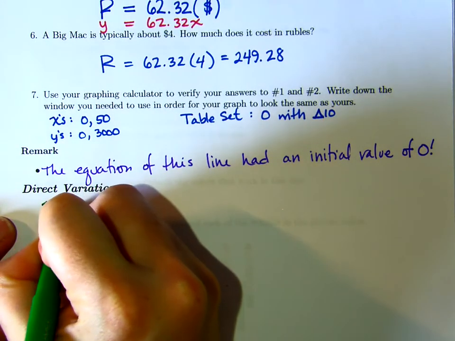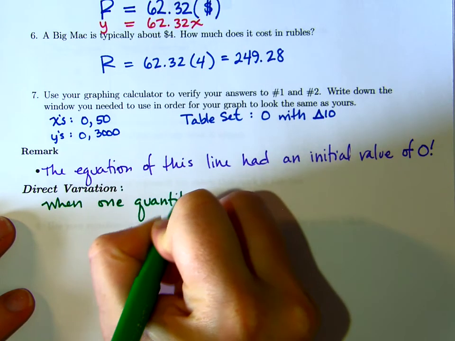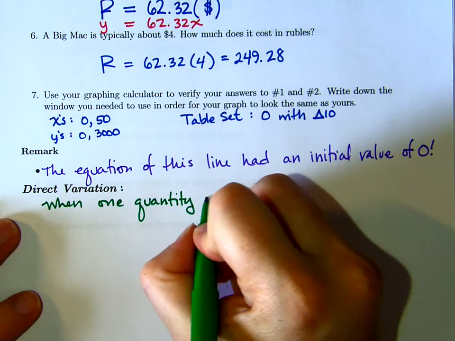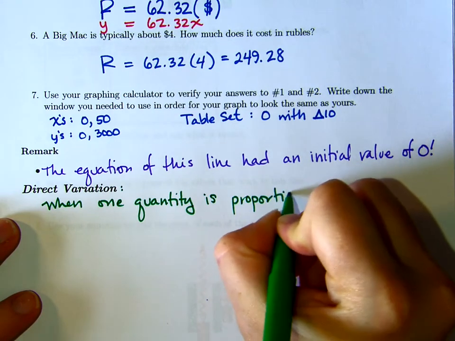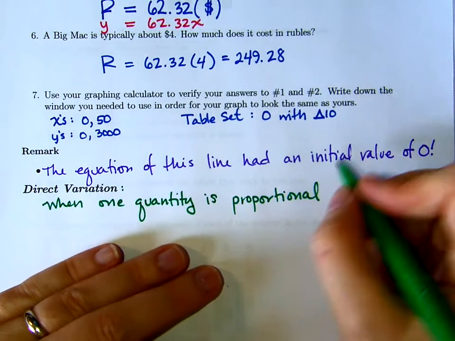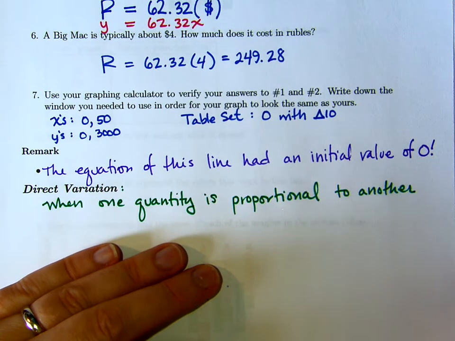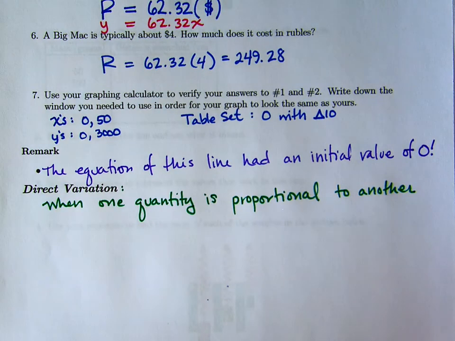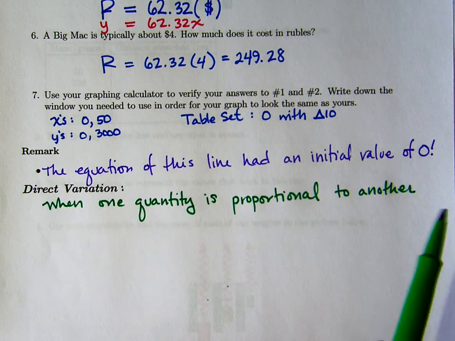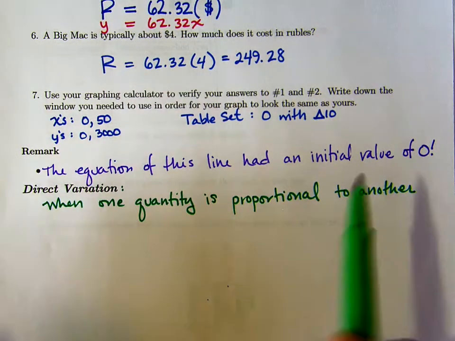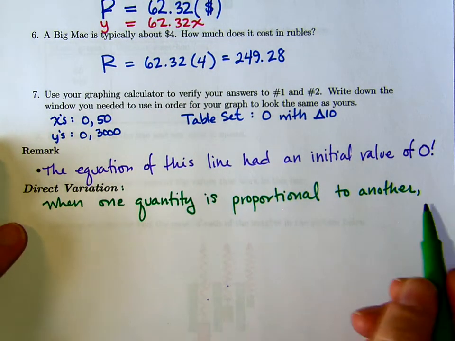This is when one quantity is proportional to another. Okay. So when one quantity is proportional to another, we can write the relationship